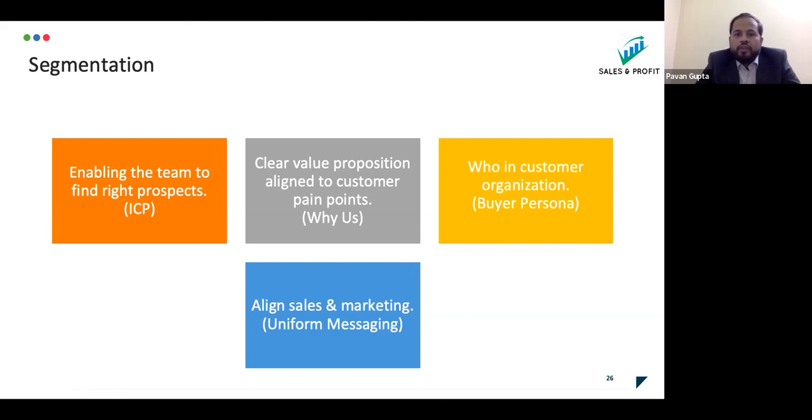This organization very clearly has defined one simple thing. We will go after companies which have a minimum of 10 sales reps or above. The employee size could be anywhere from 300 to 3,000. They will operate only in a technology space. We will not go to companies which operate in manufacturing or anything else. We will only be focused on tech companies. And once we reach them, we are going to be reaching out to the L&D lead, the sales leads, or